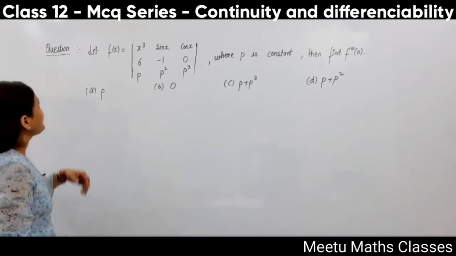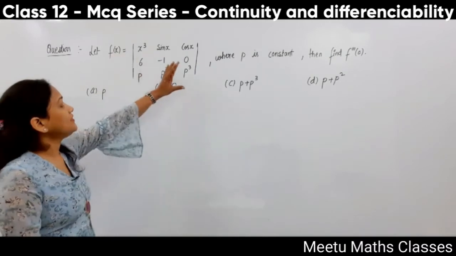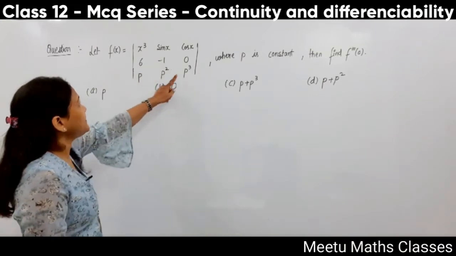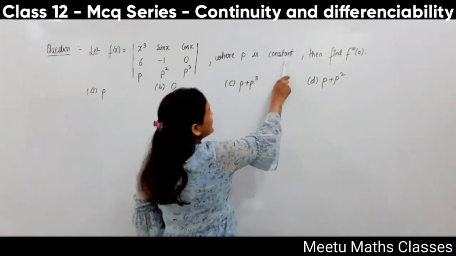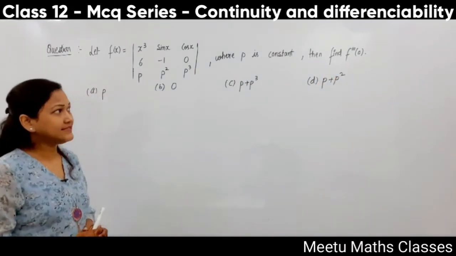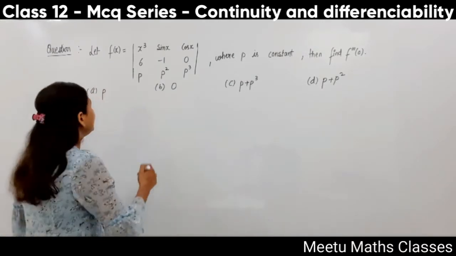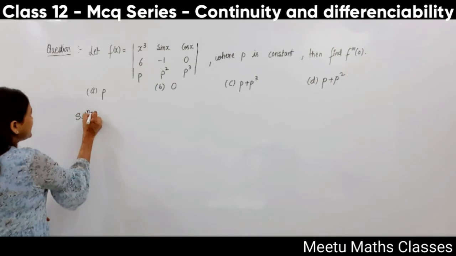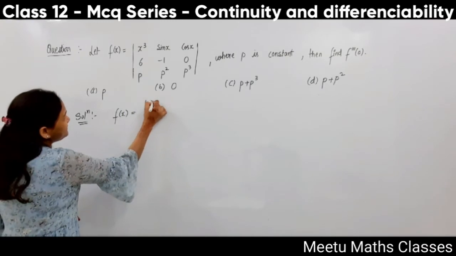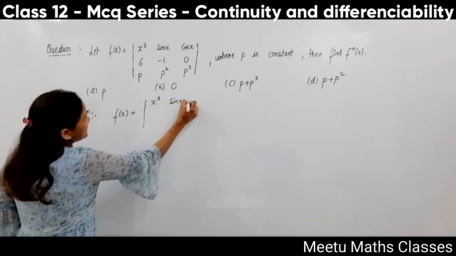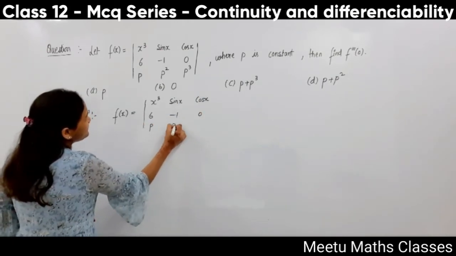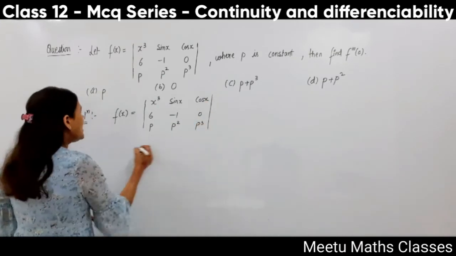Your next question is, let f(x) be defined as the determinant of x cube, sin x, cos x; 6, minus 1, 0; p square, p, p cube, where p is a constant. Then you have to find the third derivative of your function at x equals 0. तो आपको डिटर्मिनेंट का डेरिवेटिव लेने का तरीका पता होना चाहिए। आपका फंक्शन ऐसे डिफाइंड है, एक्स क्यूब साइन एक्स कॉस एक्स 6 माइनस 1 0 पी स्क्वायर पी क्यूब।